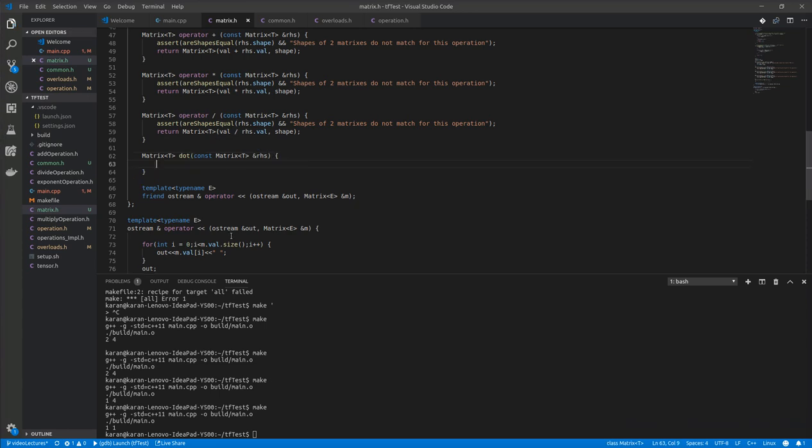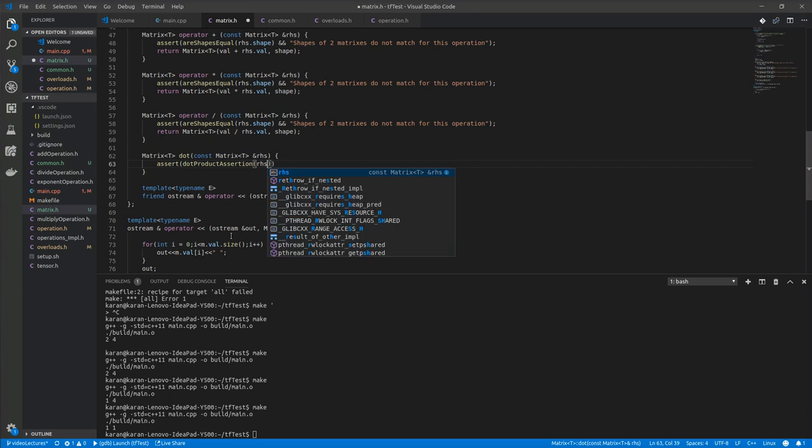Alright, so first we need to build our assertions for the matrix check. So assert dot product assertion. Let's name this dot product assertion,